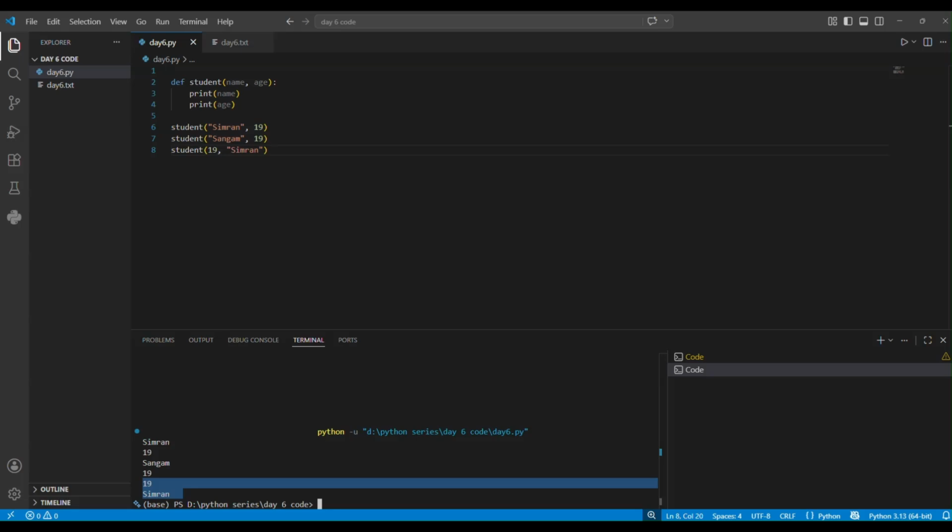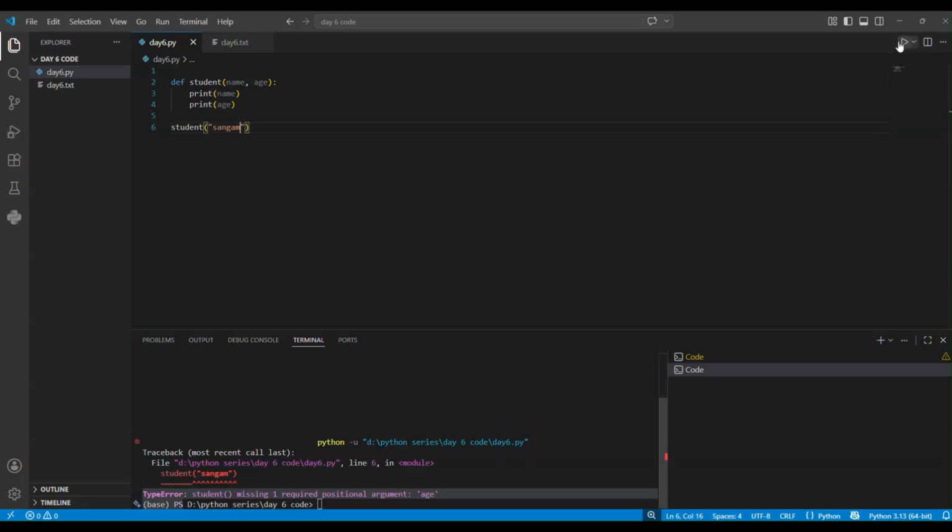What happens if we forget an argument? Suppose the function expects two values, but we call it only giving one value. First, I remove all of this and give student and then only Sangam. Python immediately gives an error. When we run this code, it will give an error because one parameter is missing. Similarly, if the function expects one value and we call like this,